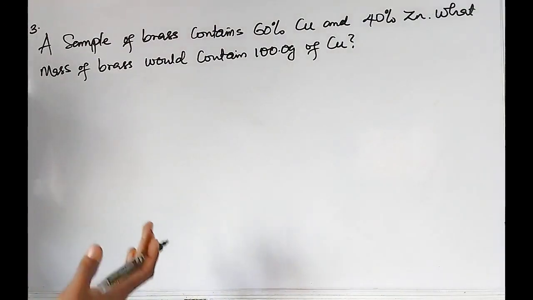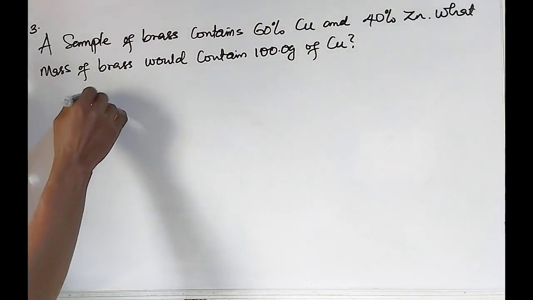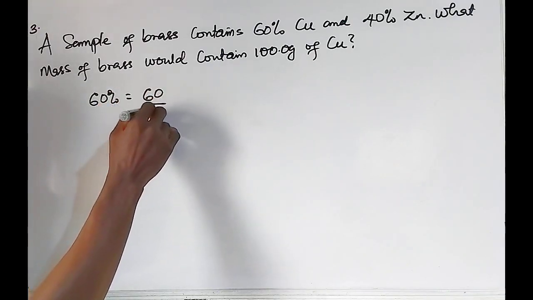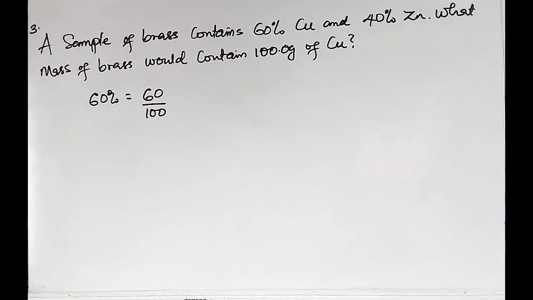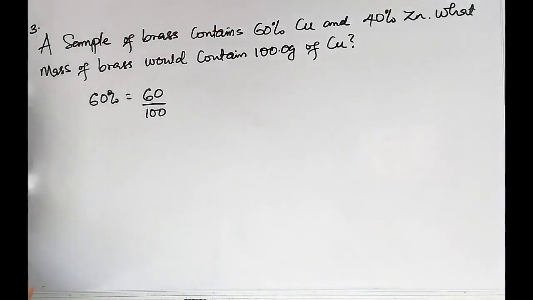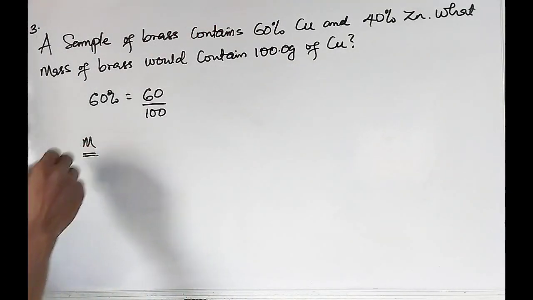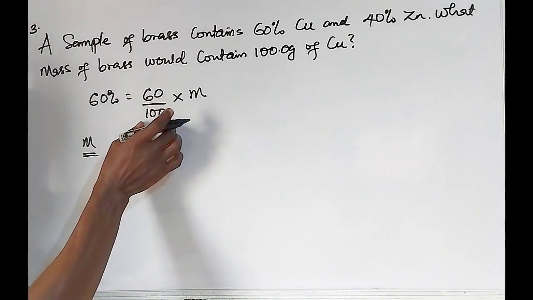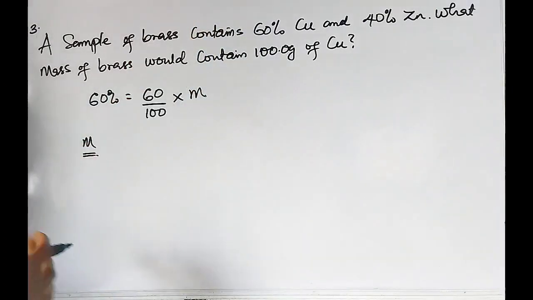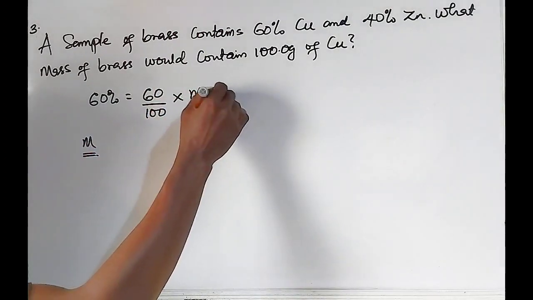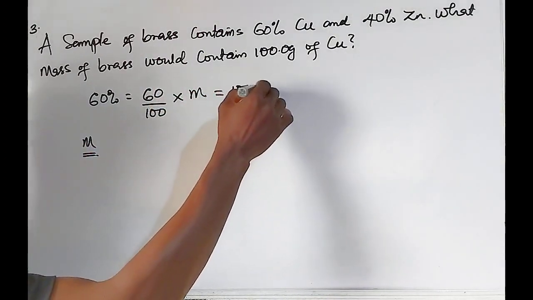Ordinarily for the normal brass, it is 60% of copper, which is 60 over 100. Let us say the mass that will produce 100 gram of copper is M. We have to multiply it by the percentage of copper present in the normal brass content. That will now give us 100 gram